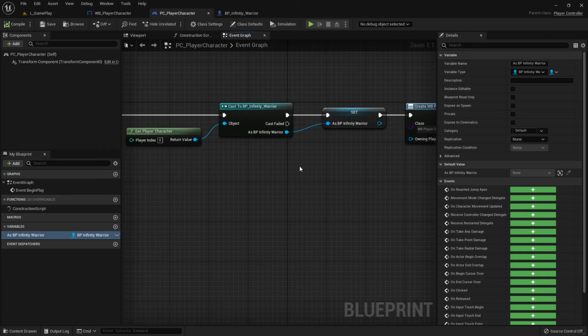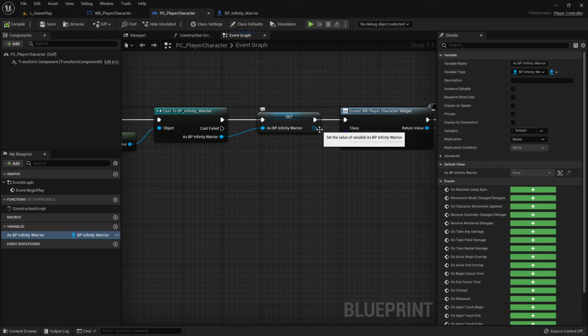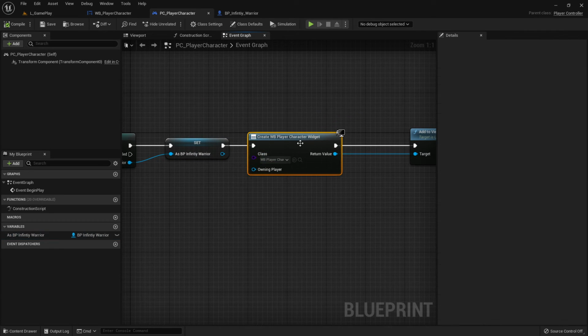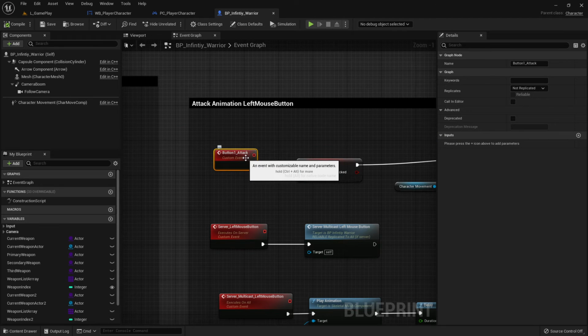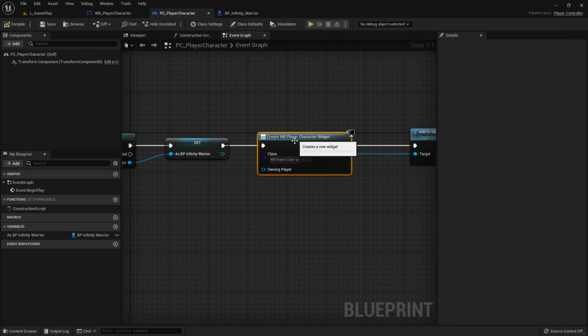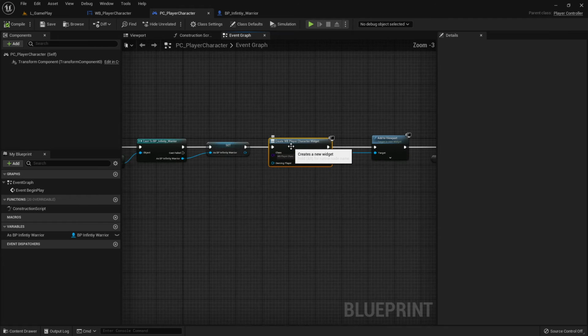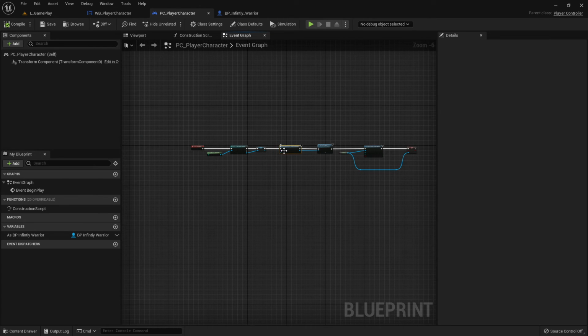And then after I made this, I can do what? Actually, I want to call. Actually, we could call something directly here, but the problem is we have to be careful. And why do I say we have to be careful? It is important when to call it. For example, here it is creating the widget. And yes, but button attack. And the problem is when I click the button attack now,